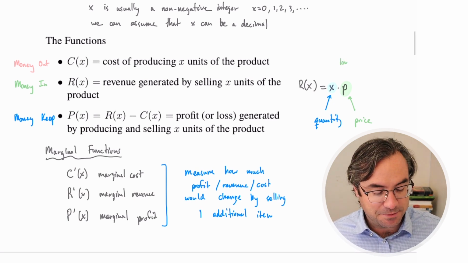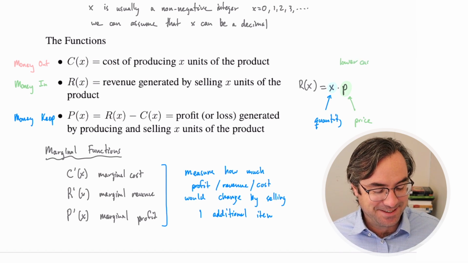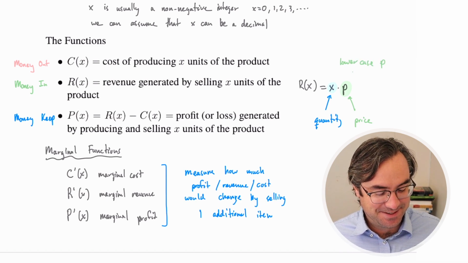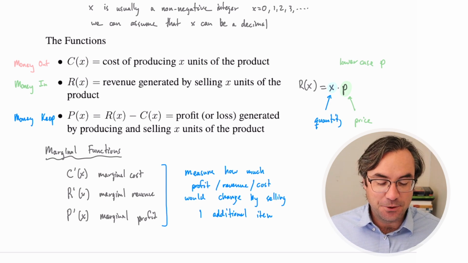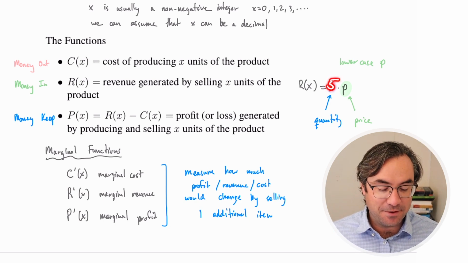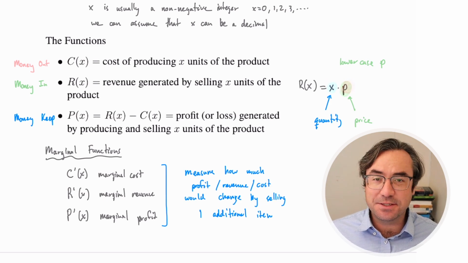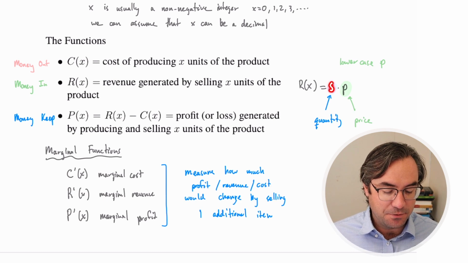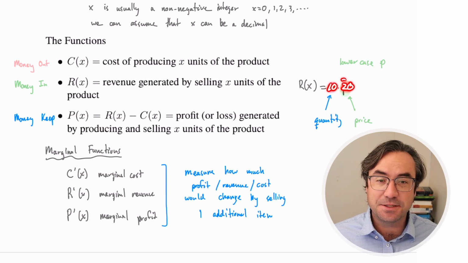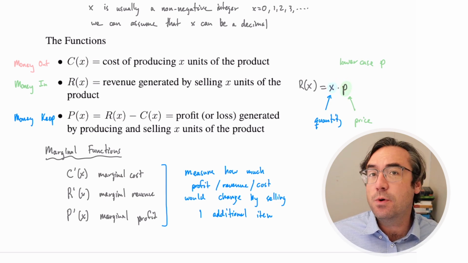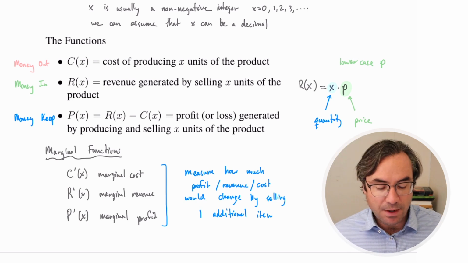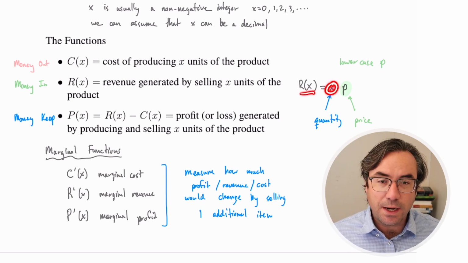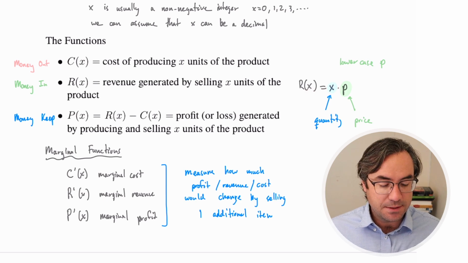So this is lowercase p. If we were to sell five items at $10 a piece, well, our revenue would be $50. Makes sense. So if we were to sell 10 items at $20 a piece, well, our revenue would be $200. So revenue is a lot of times the quantity, the number of items that we sell, times the price that